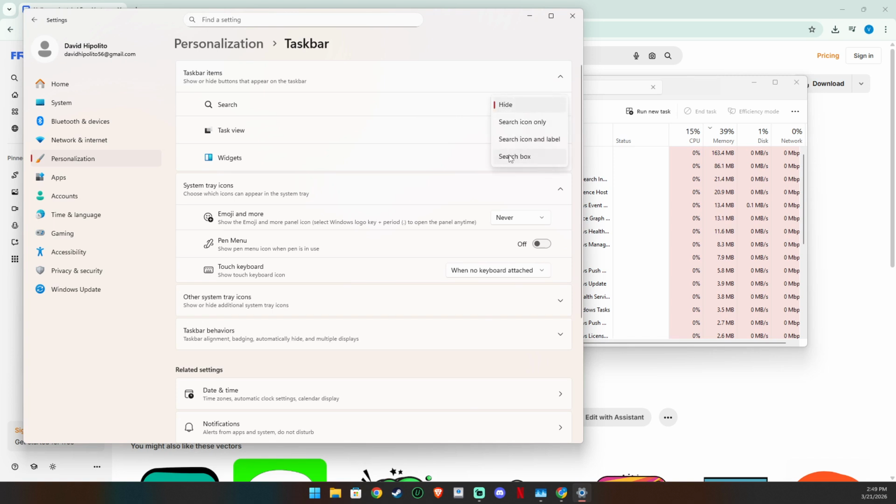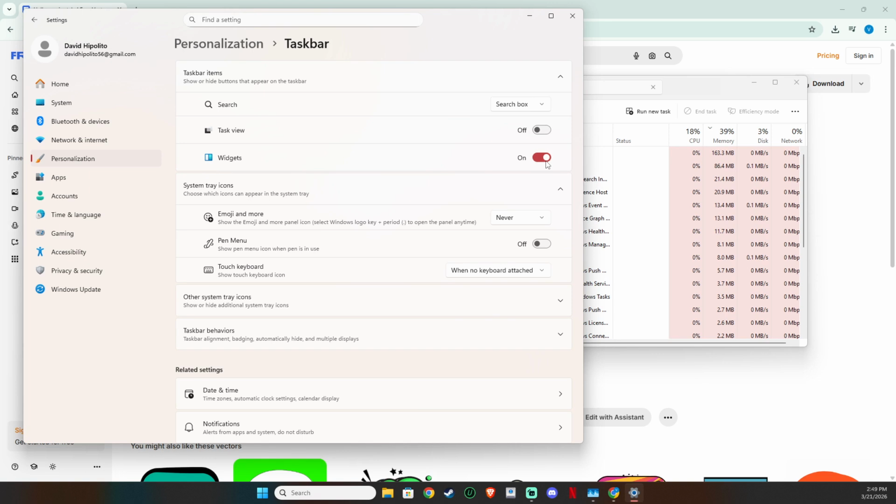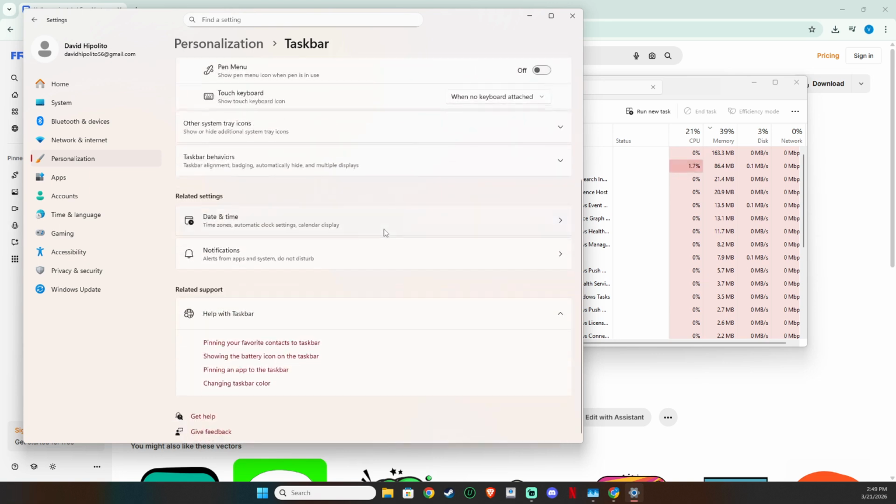After adjusting those settings, glance back at the taskbar to confirm your choices took effect. Between refreshing Windows Explorer and fine-tuning your taskbar preferences, your icons should now be visible and behaving the way you expect. If the issue pops up again in the future, you can repeat the quick restart of Windows Explorer and